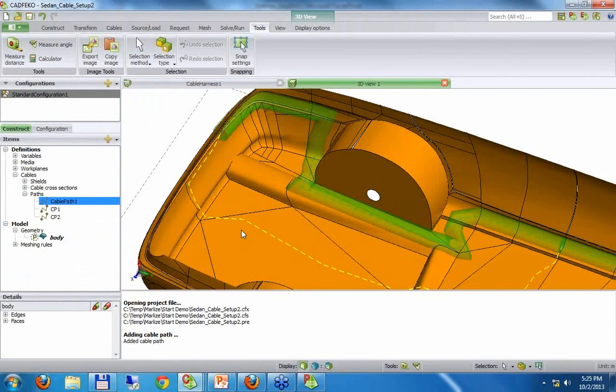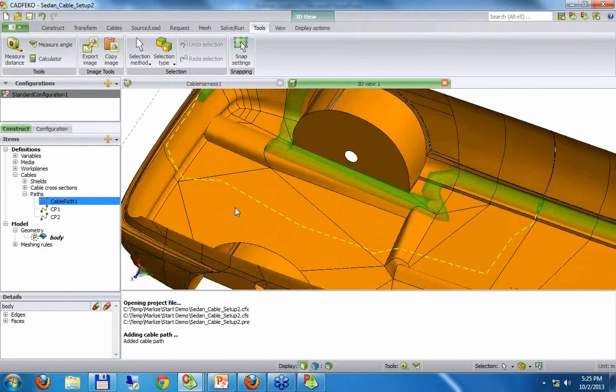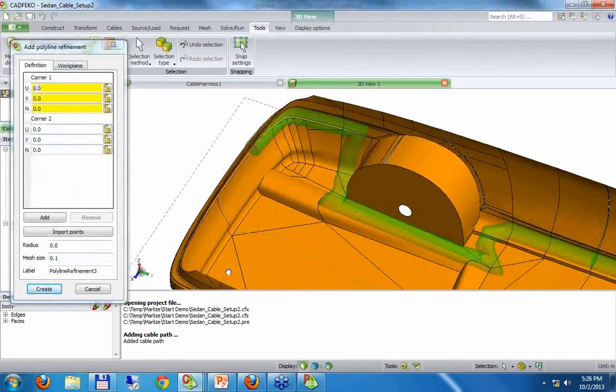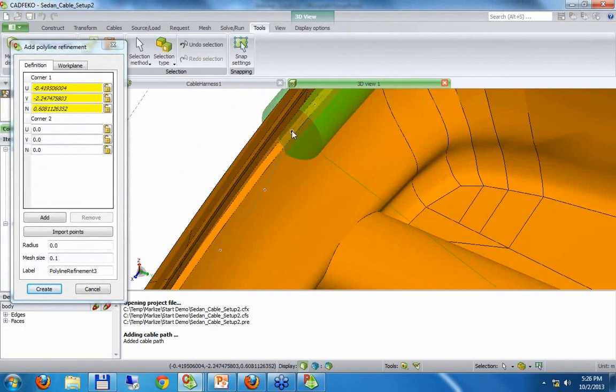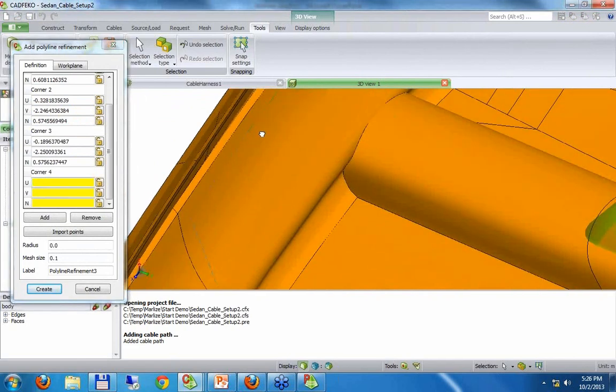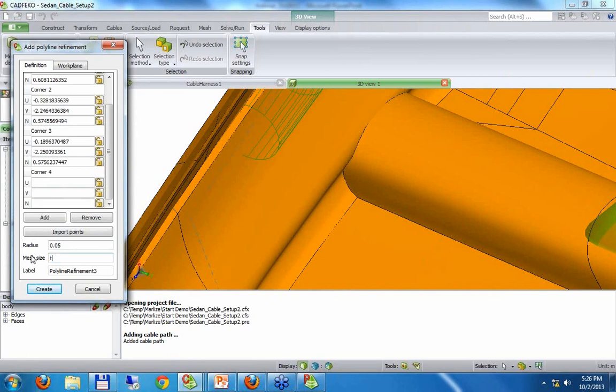This was done very roughly now, but you can easily add more sample points to just make it a bit more smooth, but that illustrates the principle. If one would mesh this, then typically there would be no mesh refinement in the vicinity of the cable path. So another feature of CAD Echo would be to easily define a polyline refinement, which if I add this, I can now add points, again snap them to the points around what I previously defined. Let us just define a radius for this, and also the desired mesh size,